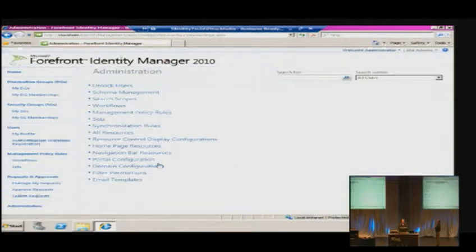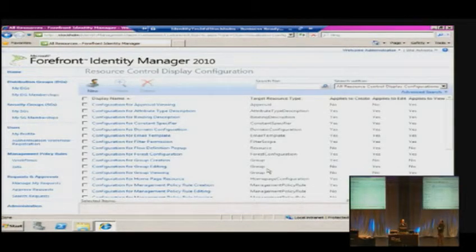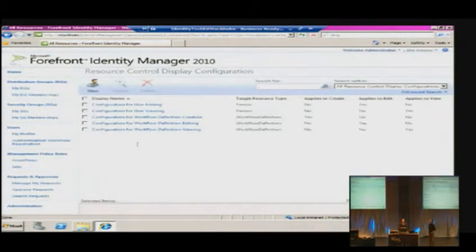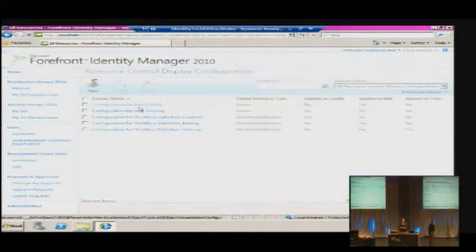So back into administration, into resource control display configurations. The RCDC, the resource control display configuration, is a long-winded way of describing the FIM GUI. So anything that you see in the documentation talking about RCDC is essentially the GUI, which Chris is modifying now. Every one of the pages that we've been navigating through is controlled by one of these objects here in the RCDC configuration. If I scroll over to the next screen, there is a page for user editing. So if I go ahead and click that,